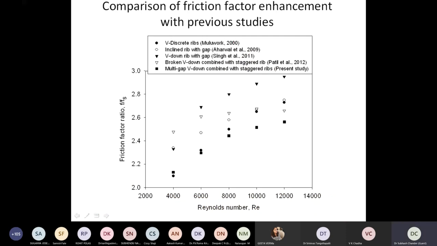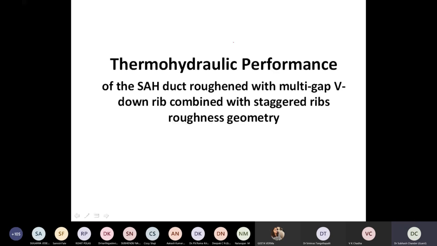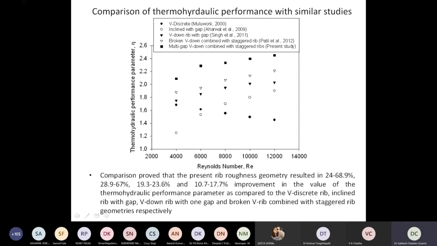So I would like to show this slide. Here we could see that the thermohydraulic performance is quite significantly high, compared to the smooth plate. It is around 2.4, 2.5 times the smooth plate. So it is a good gain that we can expect by providing roughness elements over the surface. So, concluding